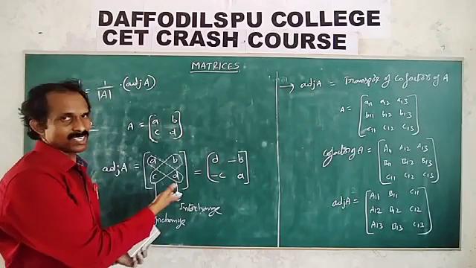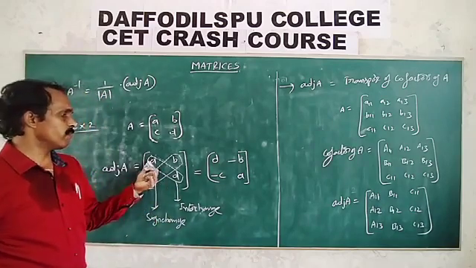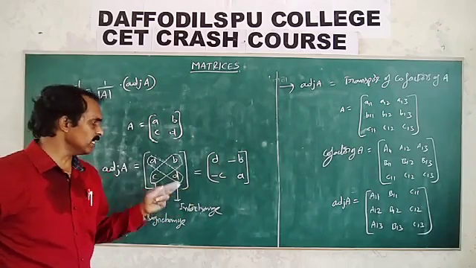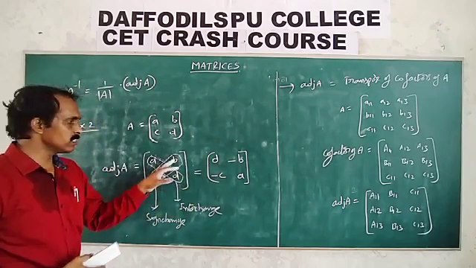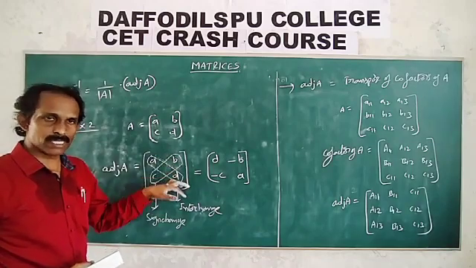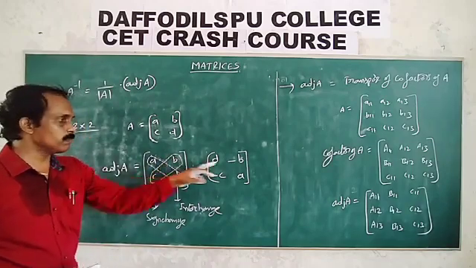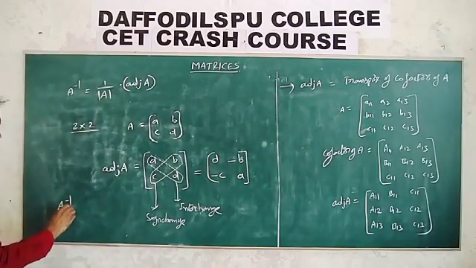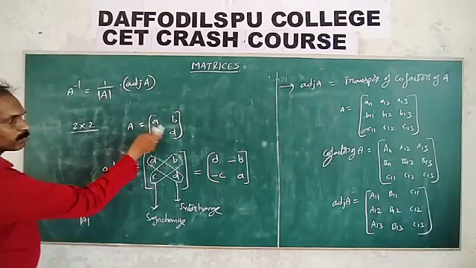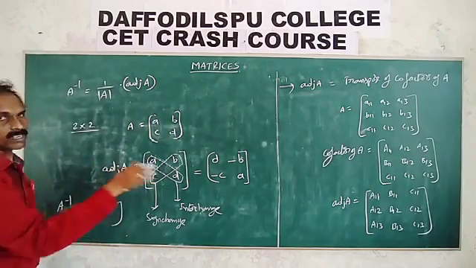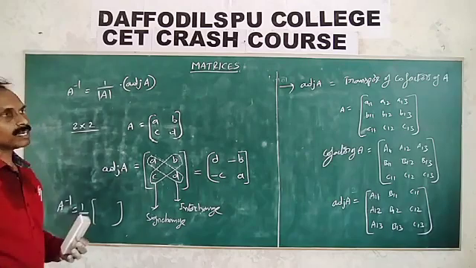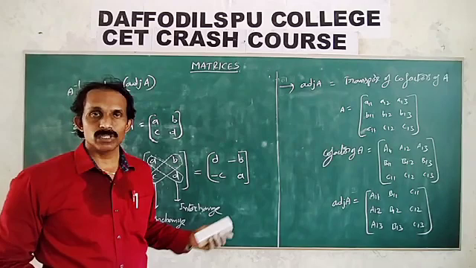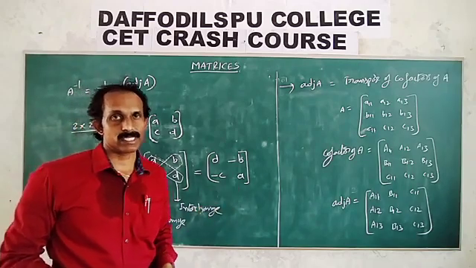Next, transpose, the same is also obtained but directly. First and last, the fourth element, just interchange a and d, and apply sign change: plus becomes minus, minus becomes plus, for the second and third elements. Afterwards, to find A inverse, it is 1 by det A, 1 by ad minus bc, into this adjoint. Okay, this one. So this is the concept for doing the multiple choice questions of matrices.